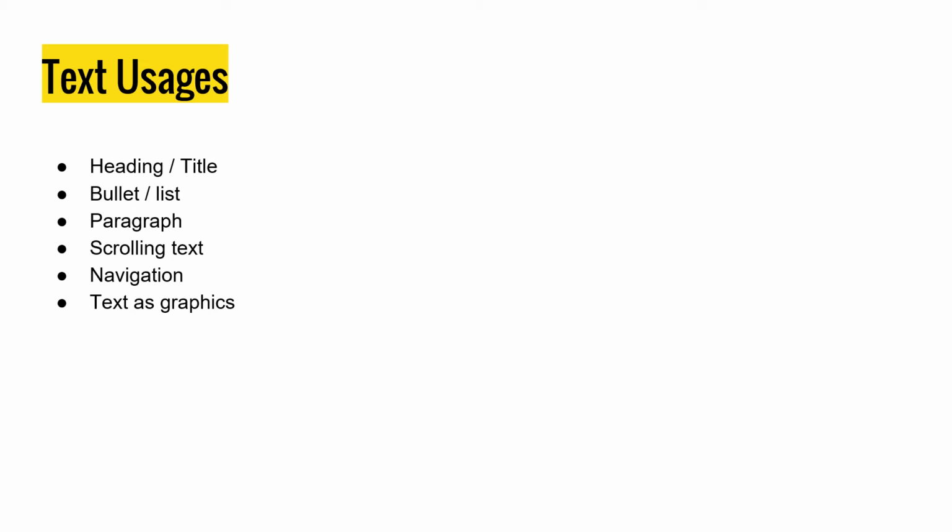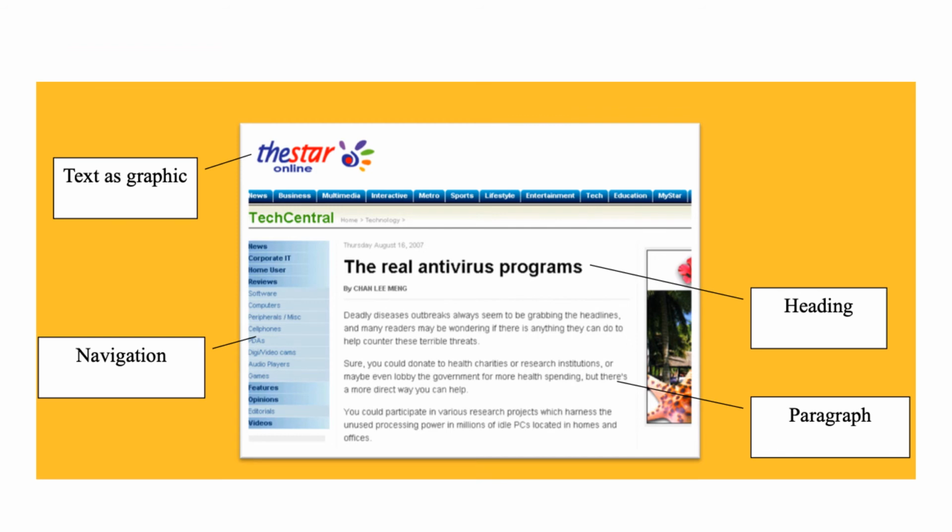It is used for headings, for titles, in the form of bullets or lists, paragraphing, scrolling text, navigation, and text as graphics. So we'll just look at some of the examples that I have provided here. So this is a page from the Star Online. You can see that the word The Star itself is used as a graphic, as text, but it is used as a graphic. The navigation panel on the left hand side here is where text is written,